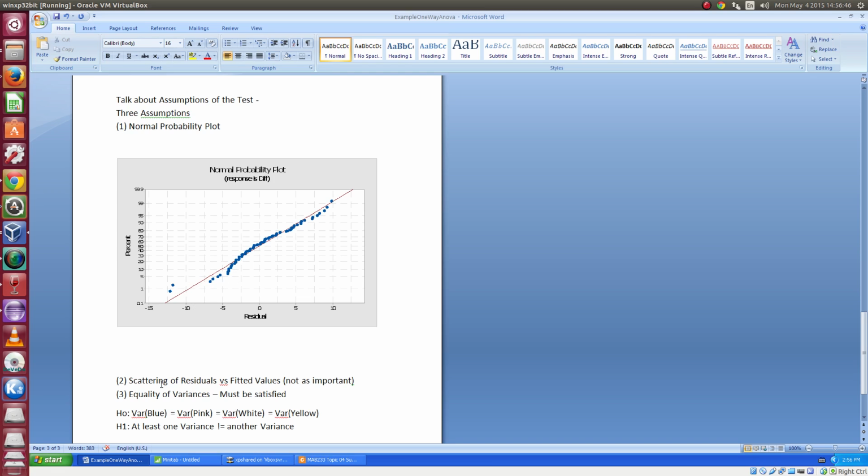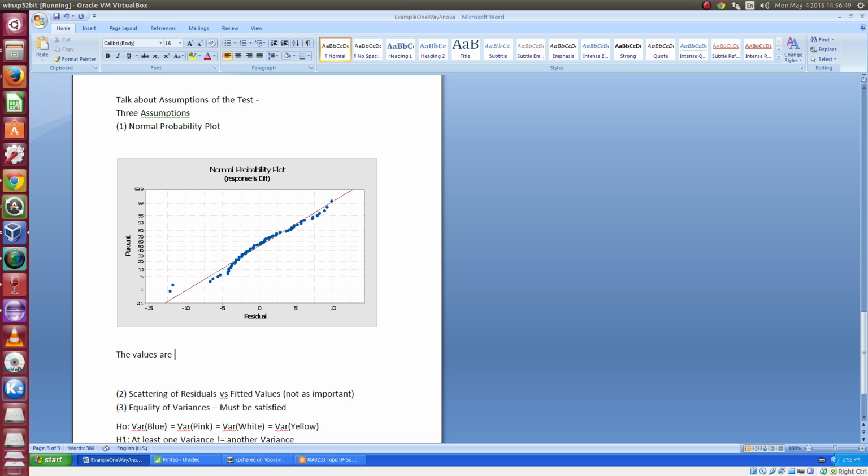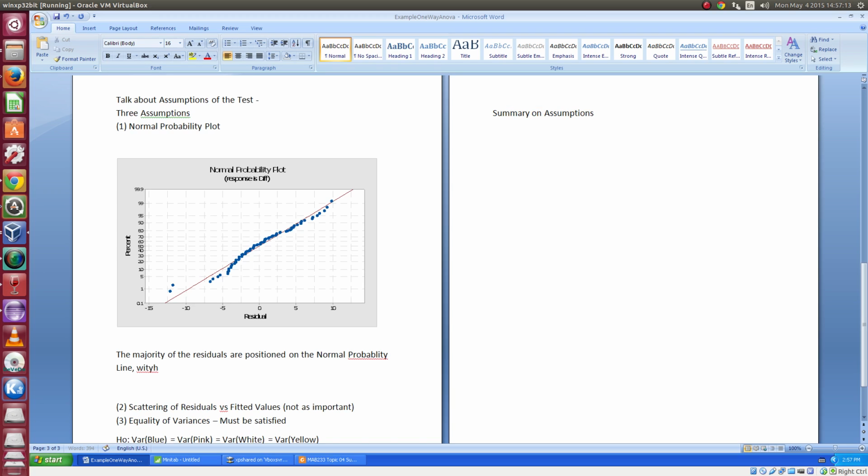So the way that I would interpret this is the residuals, the majority of the residuals are positioned on the normal probability line, you could write it out as, with only a few residuals deviating away from the line. So in this situation, you need to make an assessment yourself, because unfortunately